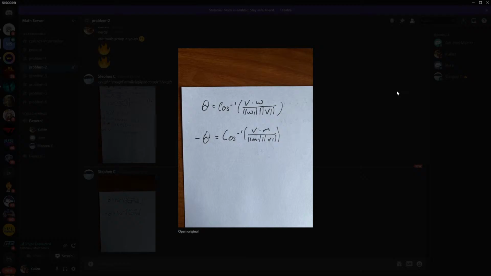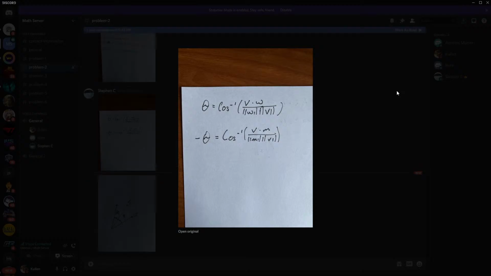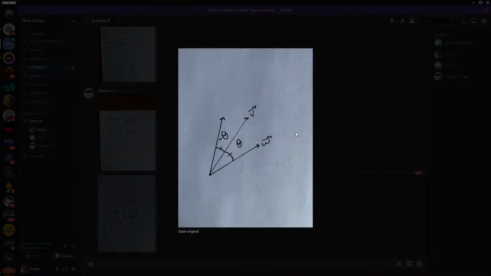All right, look at the chat. I uploaded a photo of what I was trying to explain with math symbols. I don't know why it was so hard for me, but